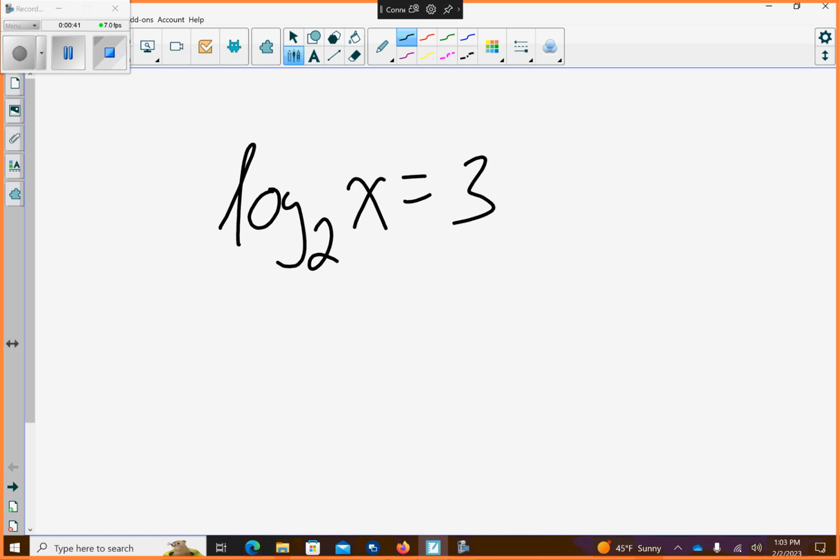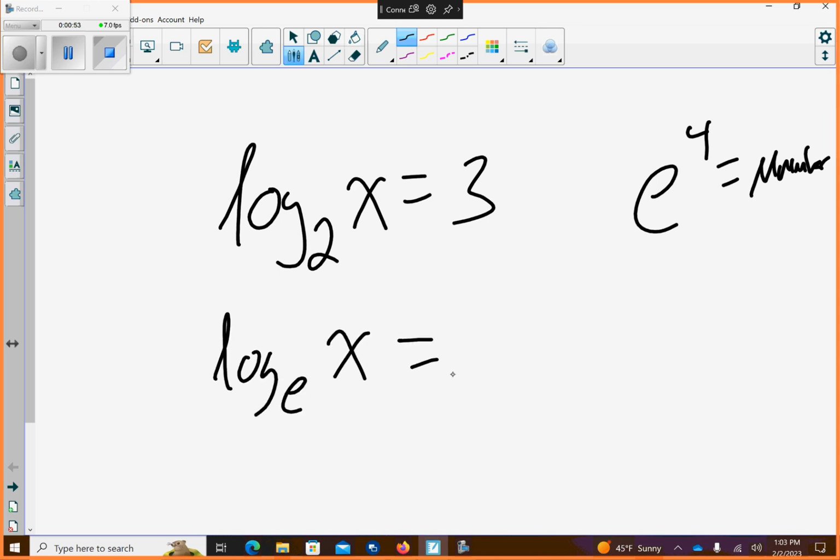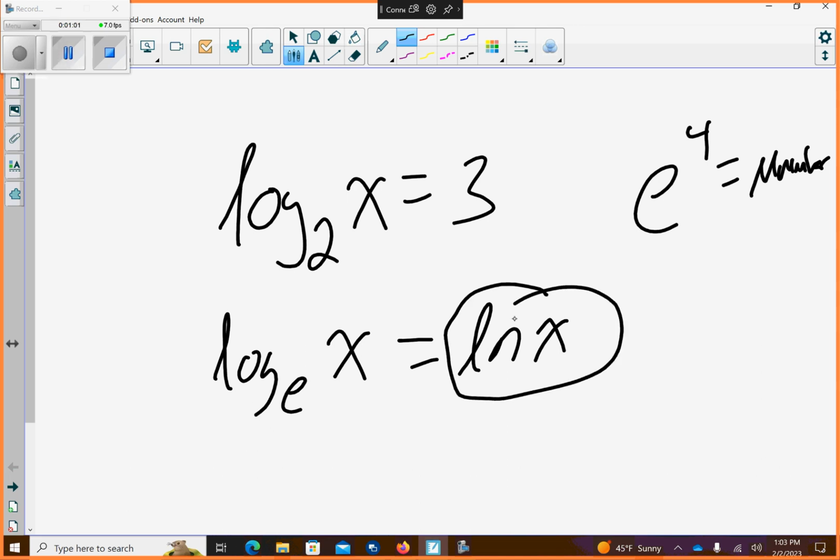And then you also learned, say, e to the 4th is equal to some number, where e is called the exponential. Well, if I do the log base e of x, that's actually what ln x is equal to. It's called the natural log. Okay? So ln is actually a mathematical